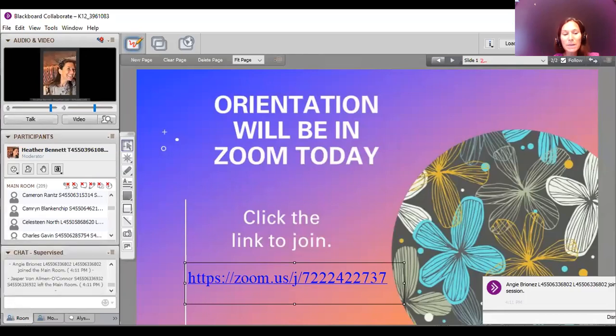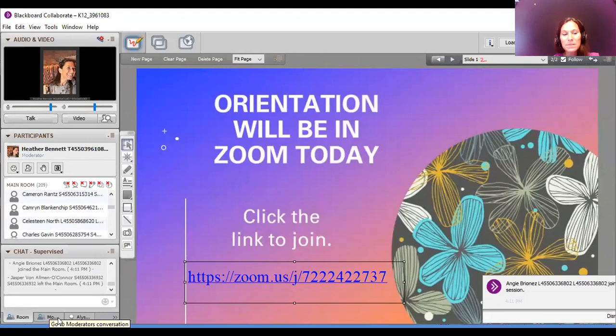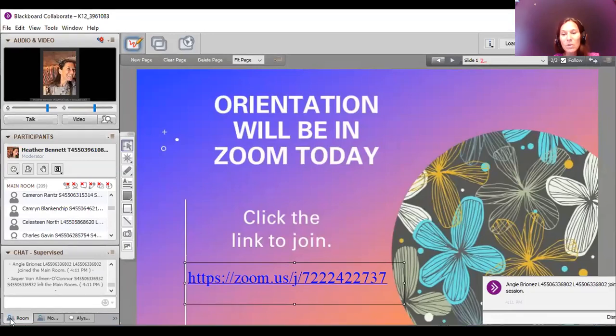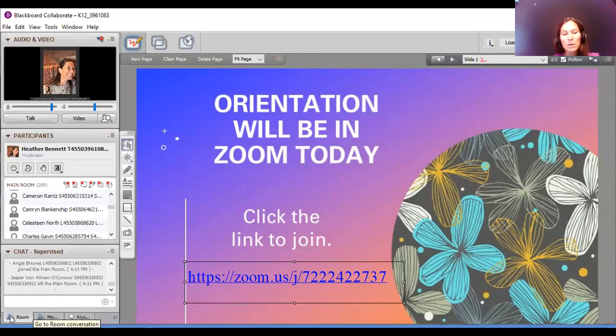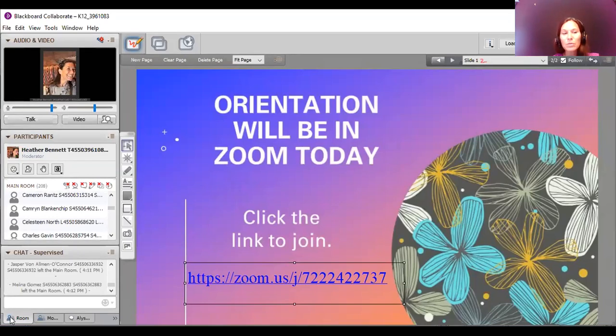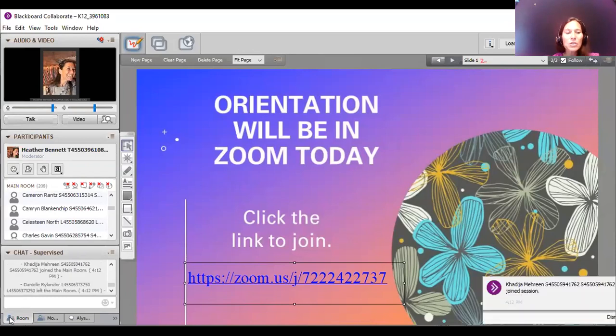And then another trick is to go down here to these tabs and make sure the room tab is always on the top. So just click on it and it'll make that one brighter. The other ones on the bottom will kind of be shadowed. And those ones you don't want to have on top. You always want to make sure room is on top. So if you feel like maybe your teacher is missing your chat, you can't understand why your teacher might not be responding to you, make sure that you're in the main room. Because if you're in one of these little rooms, your teacher might not see that you typed something.